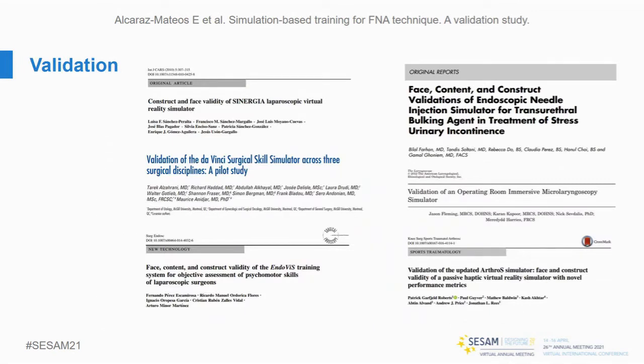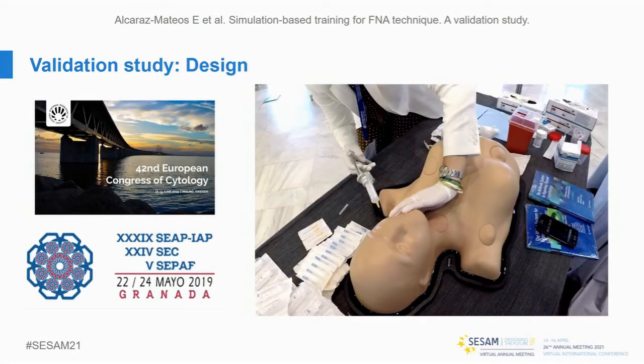So based on these papers that were published before and taking advantage of two medical congresses, the Spanish Congress of Pathology in Granada and the European Congress of Cytology in Malmo in Sweden, we designed a validation study. It was announced through social media and during the conference, and 79 participants from 19 different countries took part in this validation study. We divided them in 4 cohorts: senior pathologists, so that is more than 10 years of experience, junior pathologists, less than 10 years of experience, residents, and also we had some medical students from the IFMSA organization,